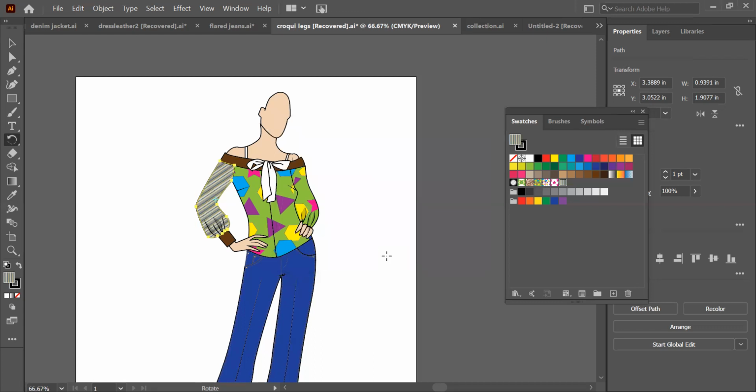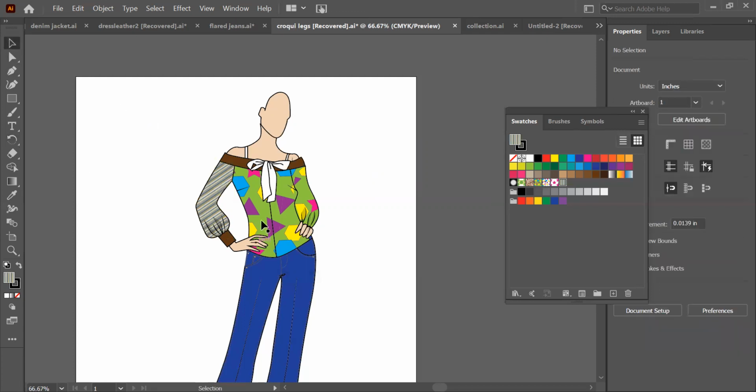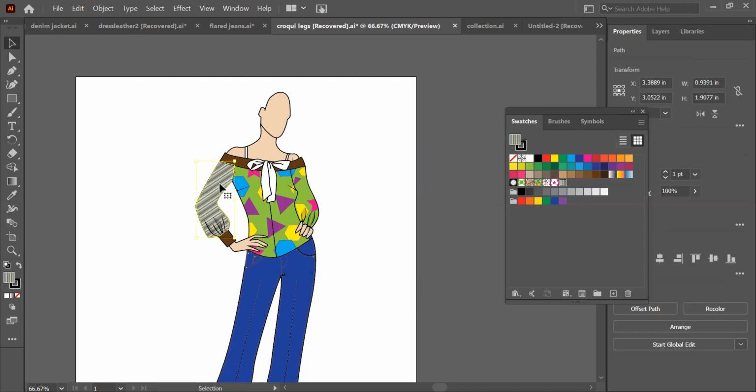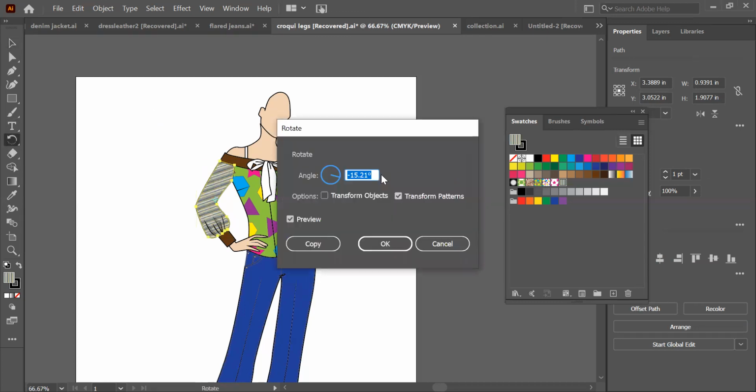Got it, everyone? Can you please repeat the other way? Okay, so if you can't find the tilde key, or you're not able to do it through the tilde key, because it comes with practice, you hold on to the tilde key and then start rotating it, you need to figure it out. So what I'll do is click on the sleeve, go to the rotate tool, and give it an angle.